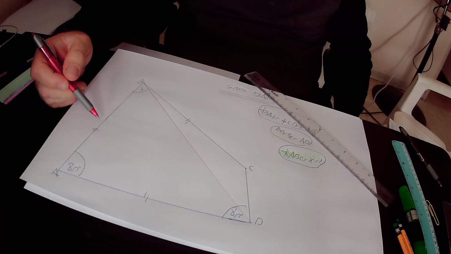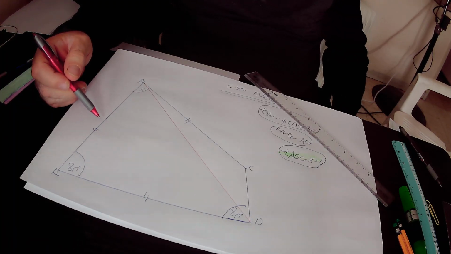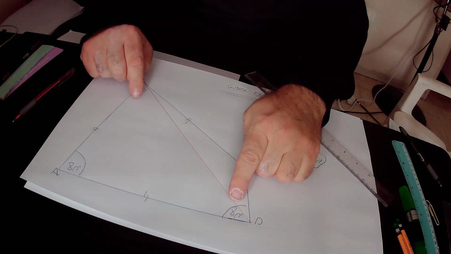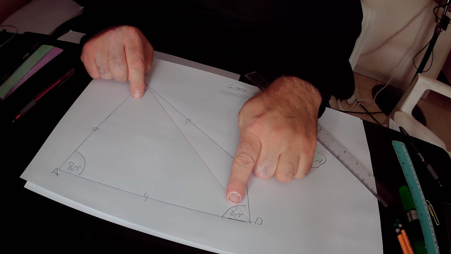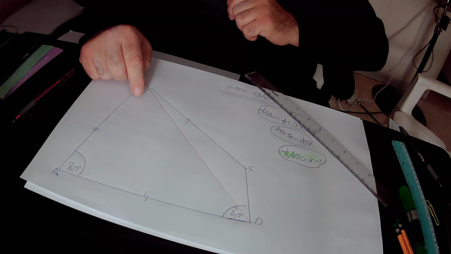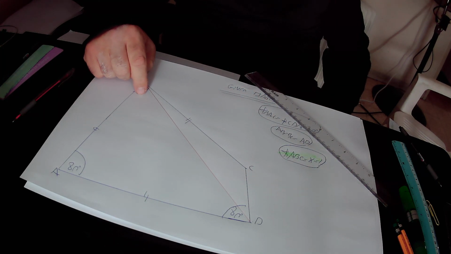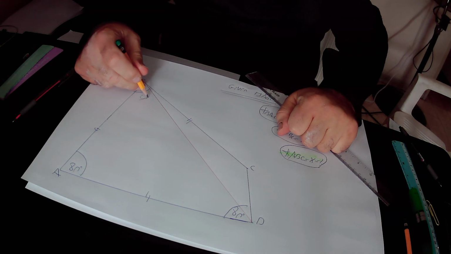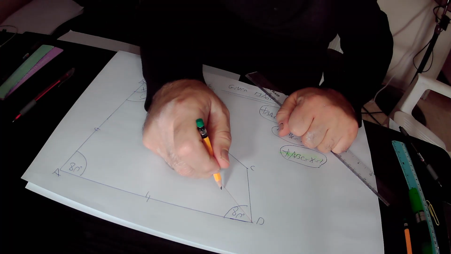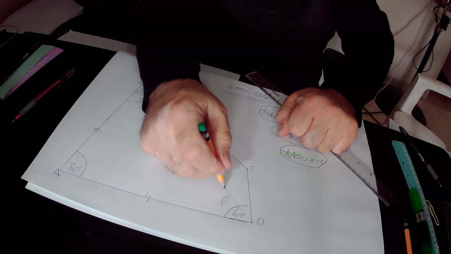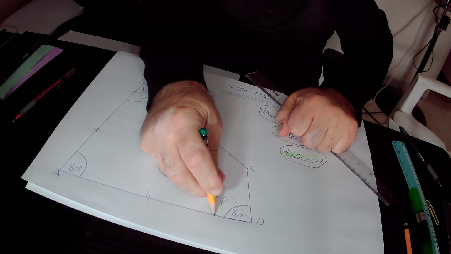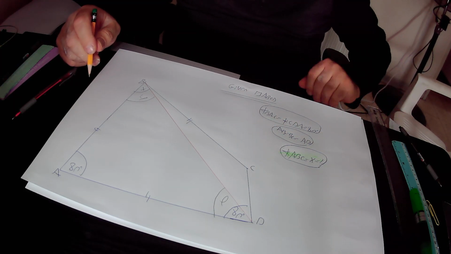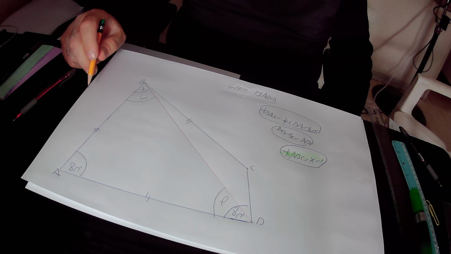Again, opposite equal sides in a triangle there are equal angles. So opposite those two equal sides, we have those two angles that must also be equal to each other in size. So we define the size of this angle as alpha. Then the size of this angle must also be alpha, because they are equal to each other according to the equal sides. We also know that the sum of the angles in any triangle is equal to 180 degrees. So in triangle ABD,